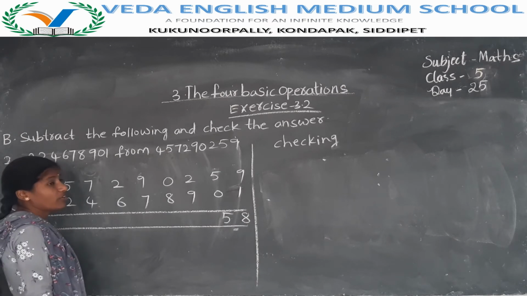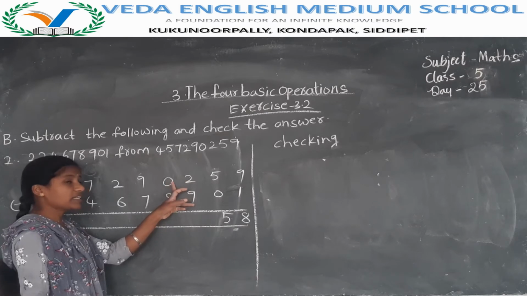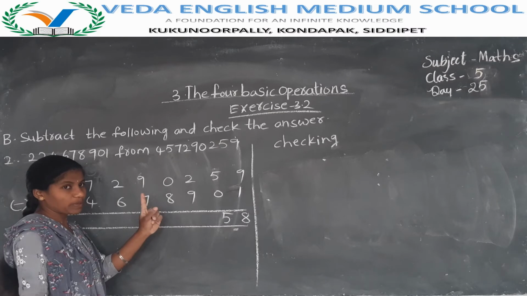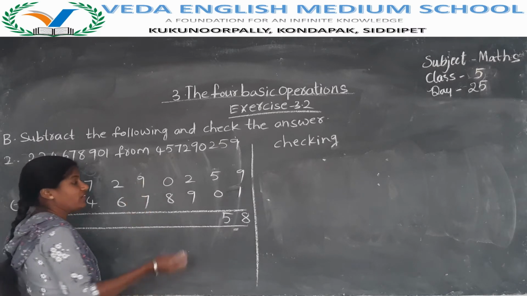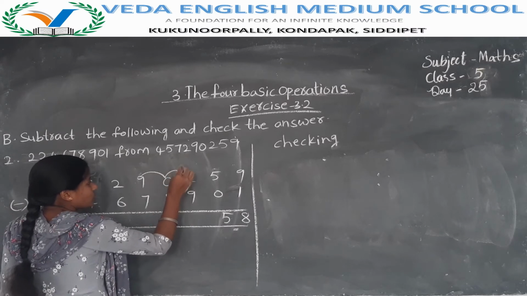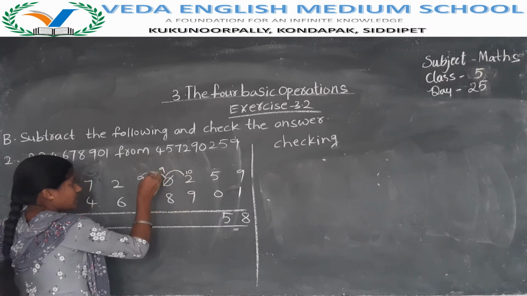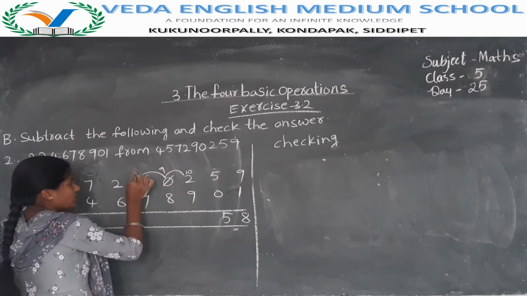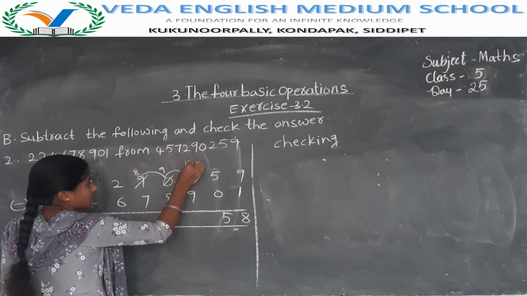You have to take borrow. From where you have to take borrow? ఎక్కడ నుండి తీసుకోవాలి? నెక్స్ట్ ఉన్న నెంబర్ నుండి తీసుకోవాలి. But here the next number is 0. So should not take borrow from 0. 0 నుండి ఎప్పుడు borrow తీసుకోవద్దు కాబట్టి you have to come to the next number. What is the next number here? 9. From 9 to 0, 0 to 10 you have to take. Here you have to take borrow 10. Here it is 9. Here 9 becomes 8. ఒక నెంబర్ తగ్గిపోద్దని చెప్పాను కదా borrow తీసుకున్నప్పుడు. So it is 8. So 10 plus 2, it is total 12.